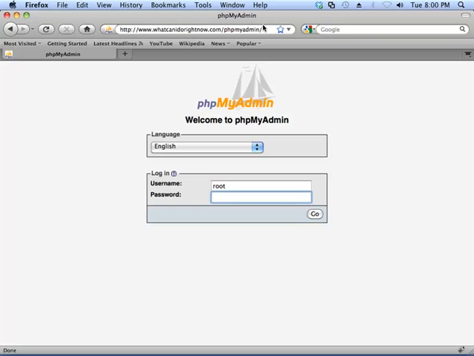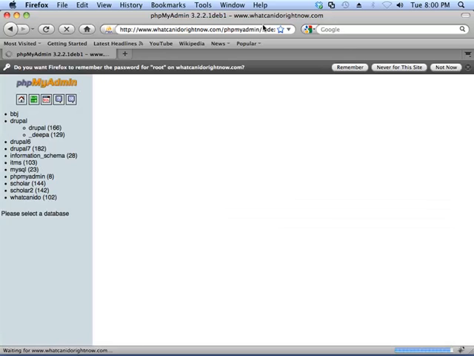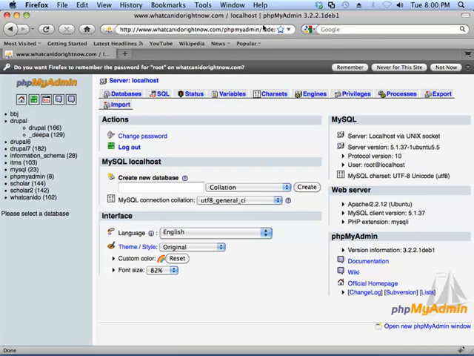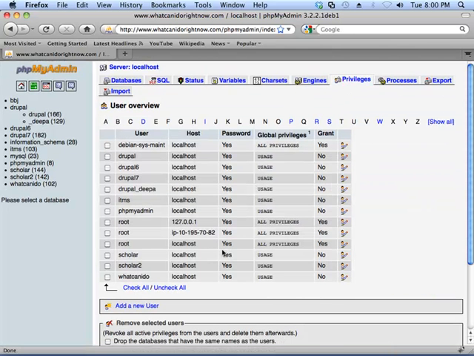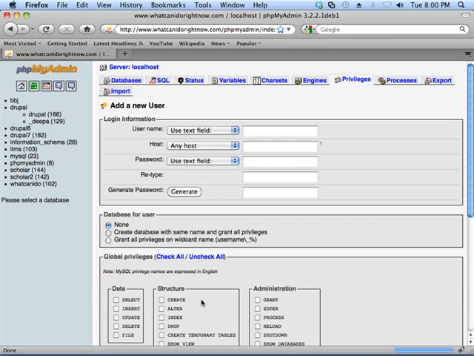Here I'm going to log in with my user account, and so this is my phpMyAdmin console for the database. And in this case, I'm using the MySQL database server. And in this, all I really need to do is just click on the Privileges tab. And what I can do right now is add a user. And I'm going to add a user called Drupal